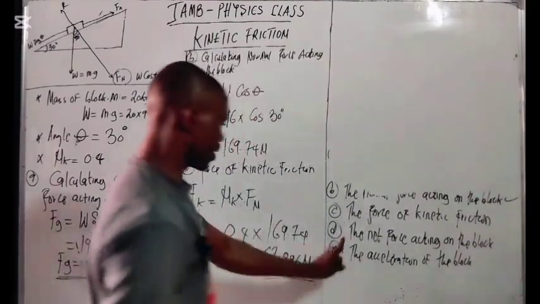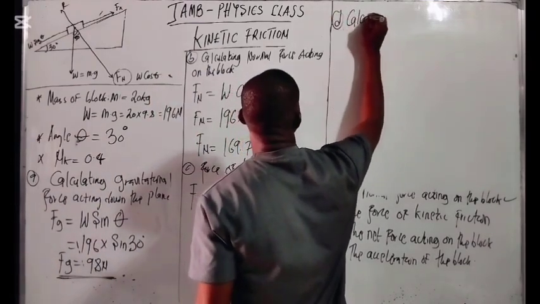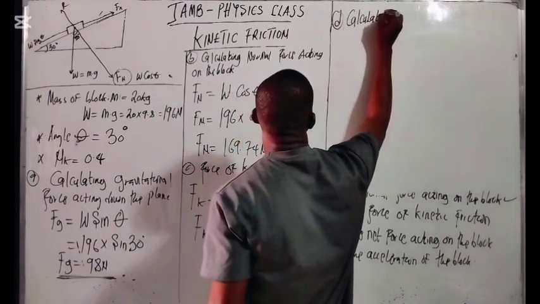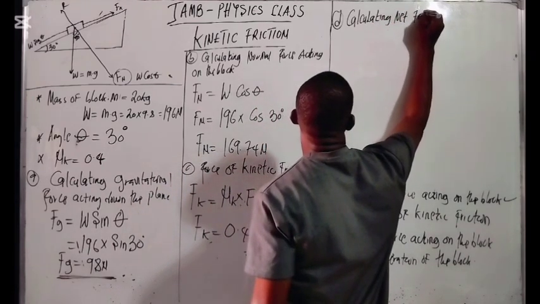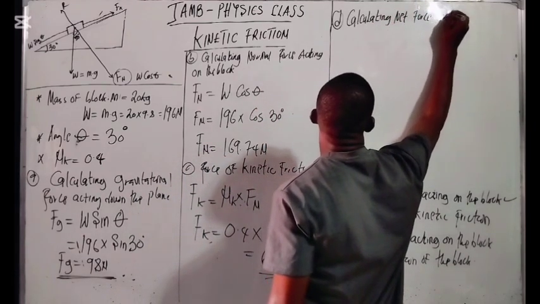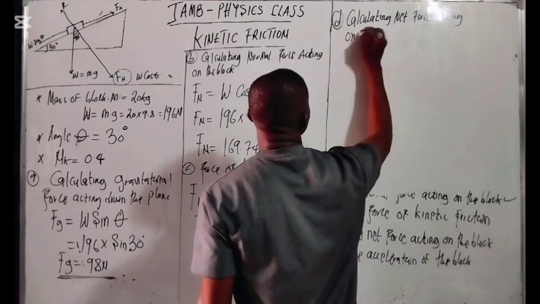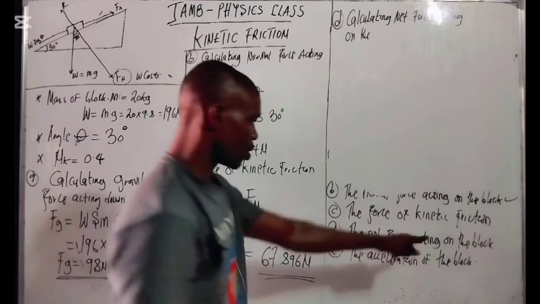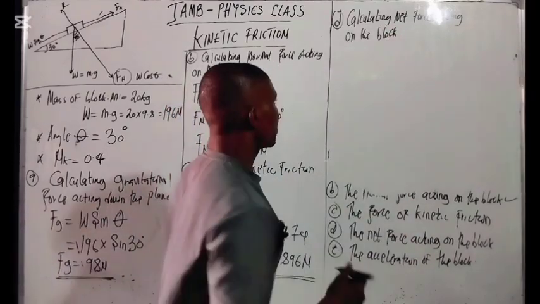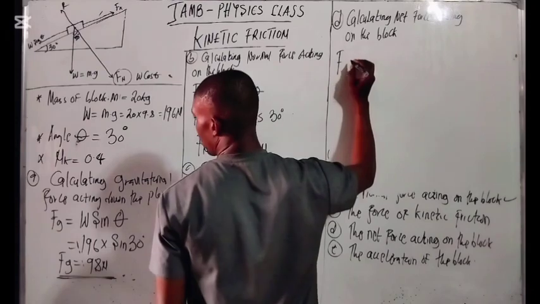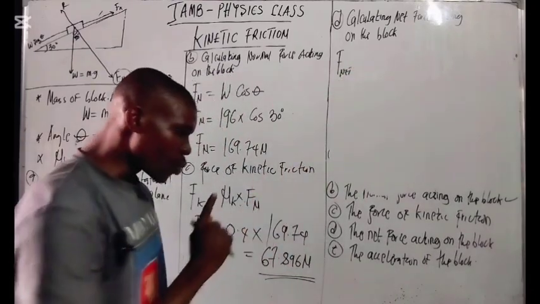So which is going to be what? D. D, calculating net force acting on the what? On the block. Right there. So it will be F net. Now, if you look at the question here,